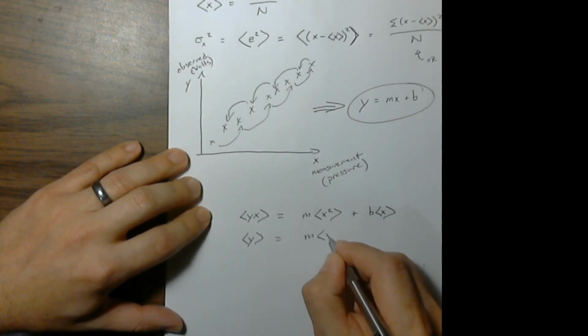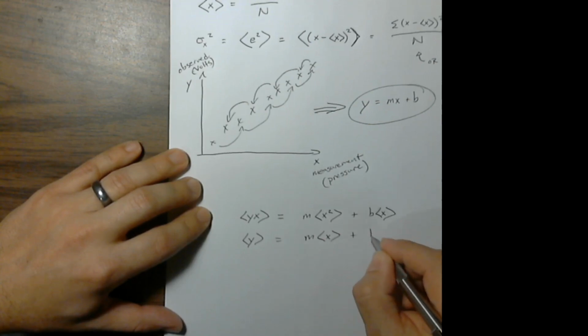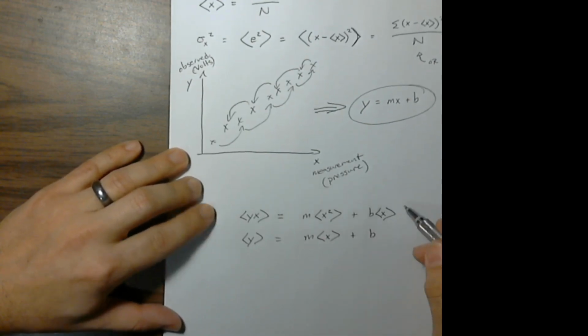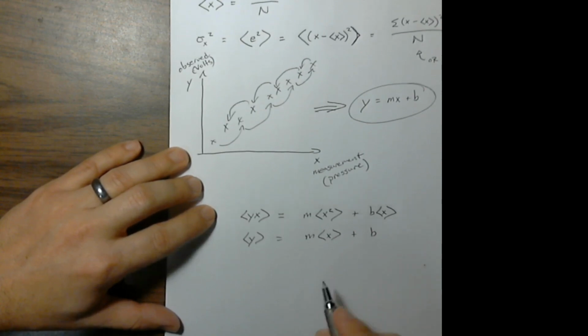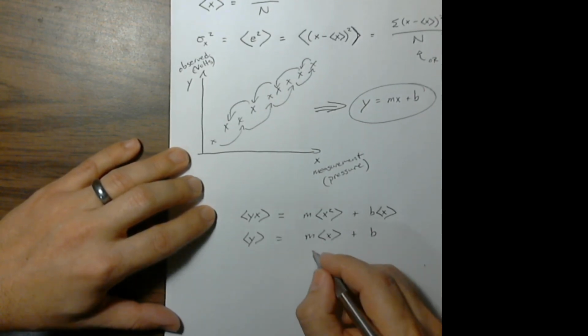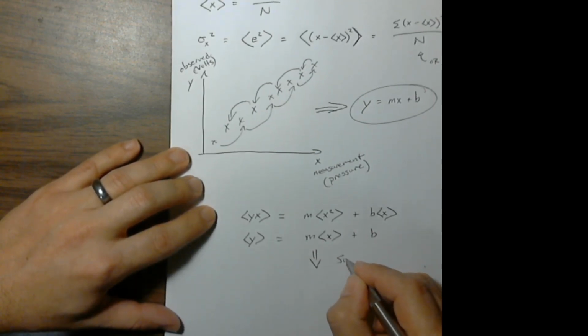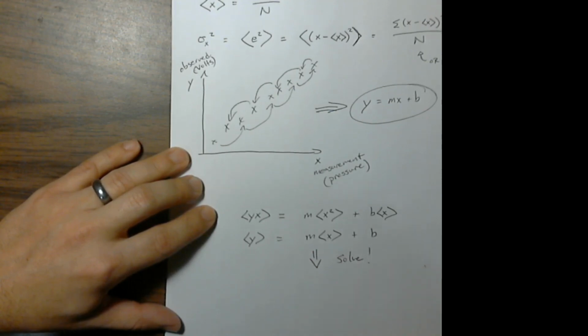And we showed that this is also true. So we developed a system of two equations and two unknowns, and when we solve them for m and b,